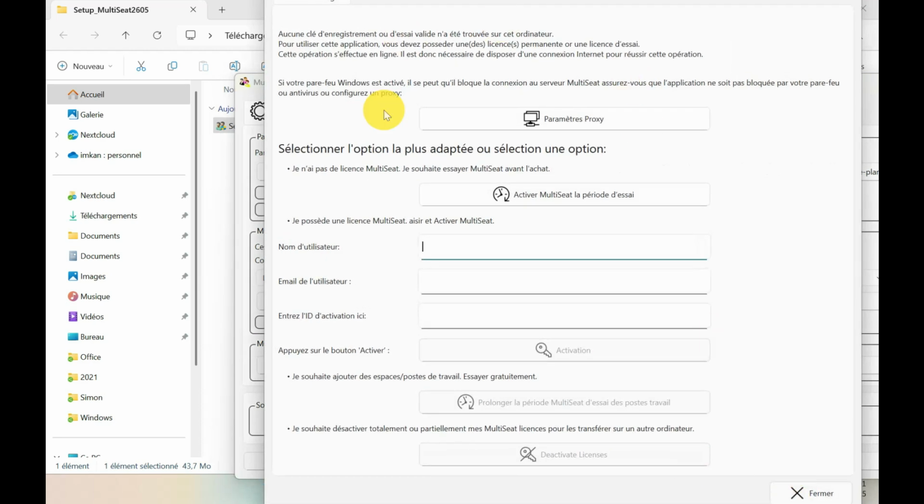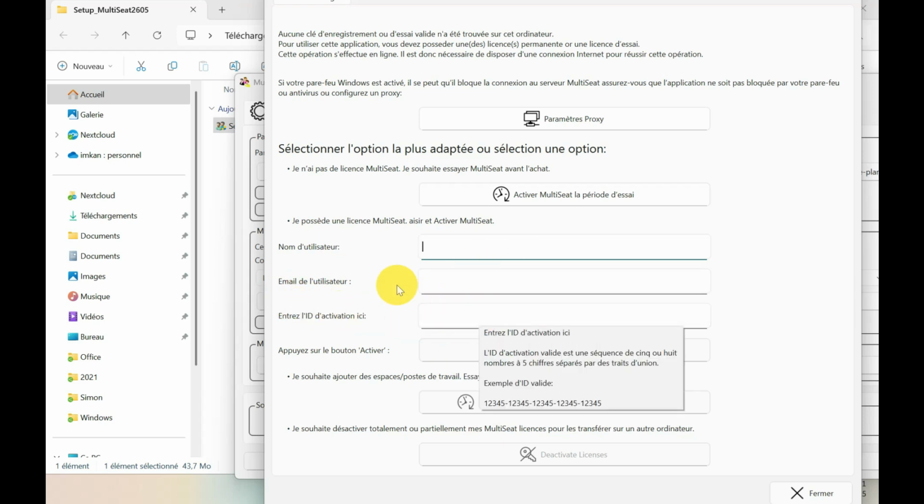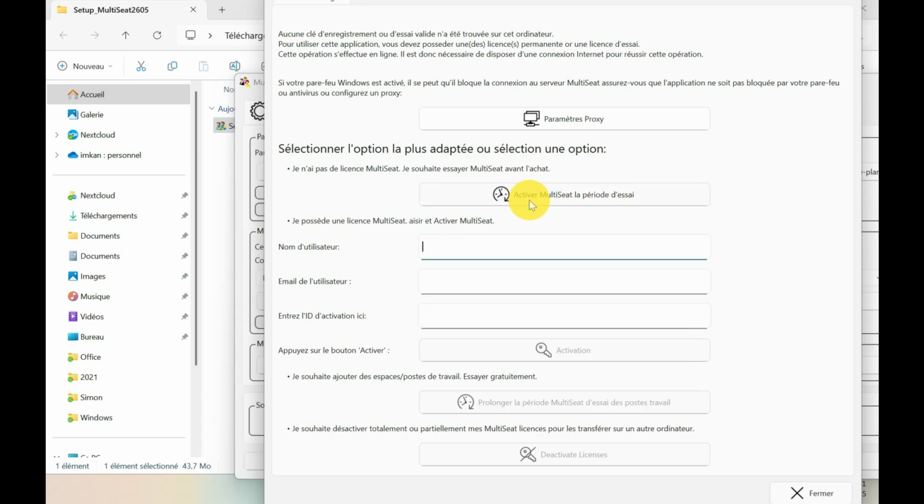After starting our app, we're having this tab that we can have our license in. You can use your username and email and the license that you got and activate it, but we're going to use the second option, activate the trial option, the trial period. Click on that button